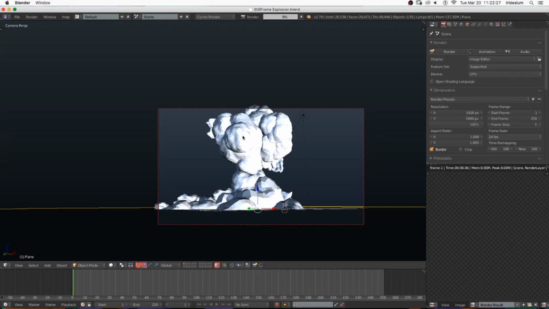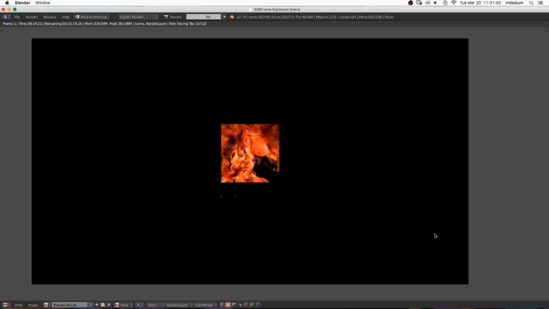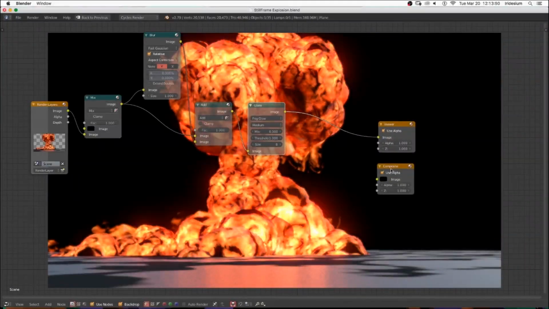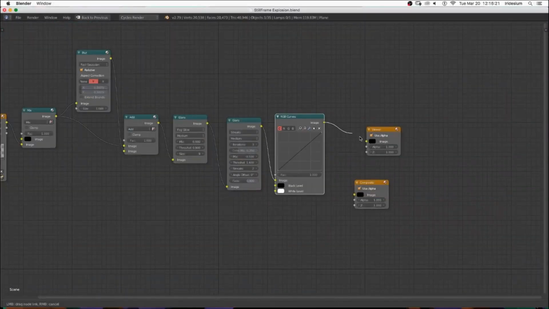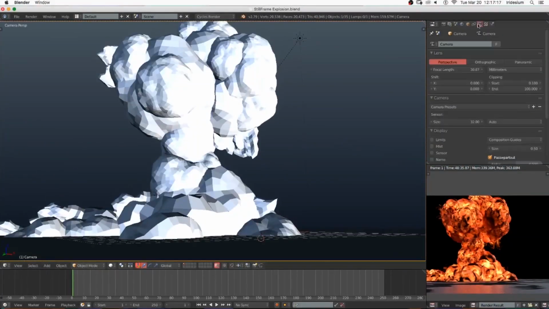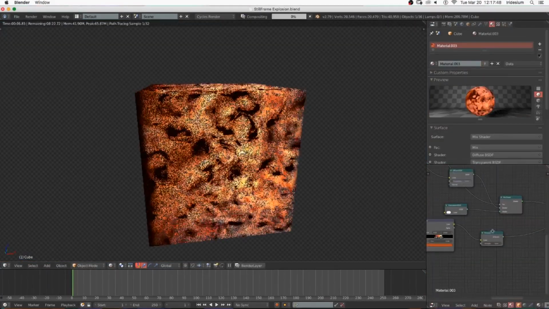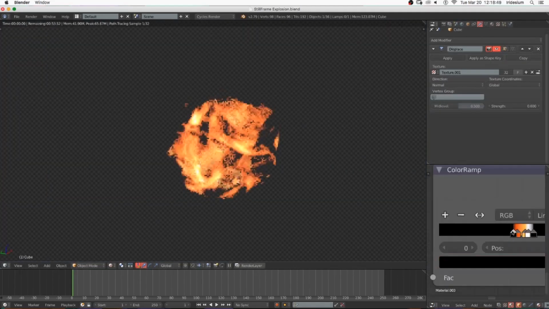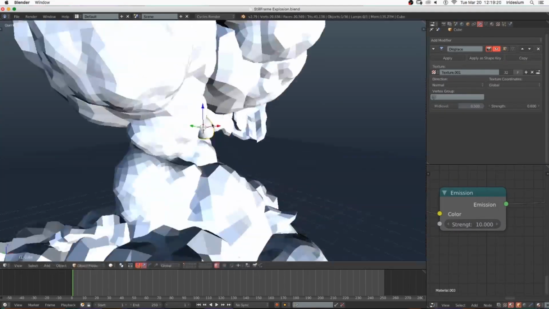I'm going to go ahead and do a little bit of compositing in Blender. However, I suggest never using Blender's compositor if you can avoid it. It's always better to do your compositing in After Effects or Photoshop because those tools are much more powerful and much more flexible. Alright, so the last thing I'm going to add in is some arms of the explosion as